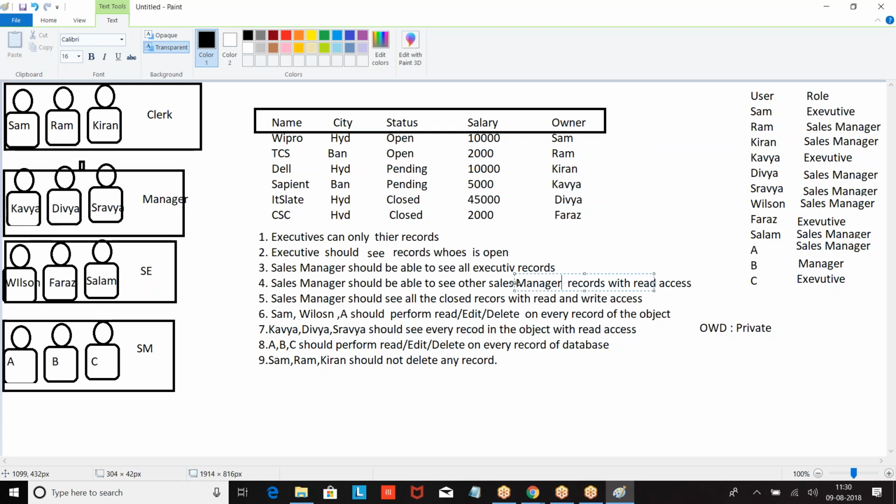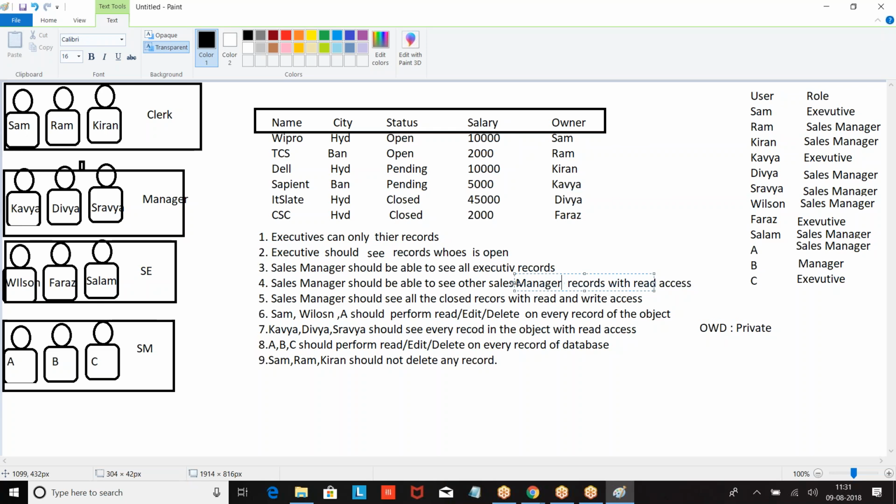These three people belong to three different profiles. So what should I do? Go to permission set, create a permission set with modify all, then give that permission set to Sham, Wilson, A. They will get delete permission, read, edit on every record.